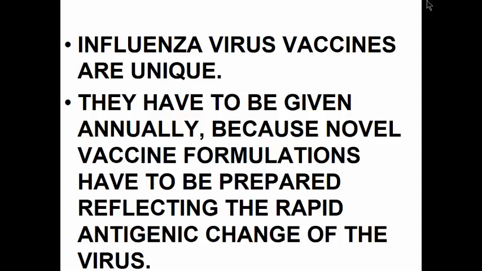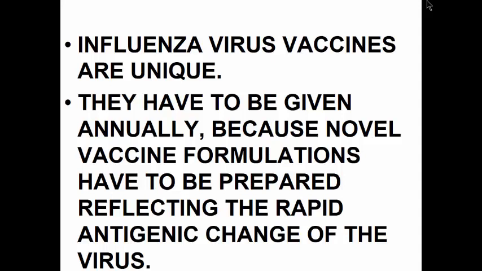Now, I want to talk a little bit about this antigenic change and contrast it with what is going on with measles virus. Measles virus is also a negative strand RNA virus, like influenza, and the mutation frequency of measles virus is at least in the same ballpark, very, very similar to that of influenza viruses. In other words, the RNA-dependent RNA polymerase of measles virus is very, very similar to that of flu.